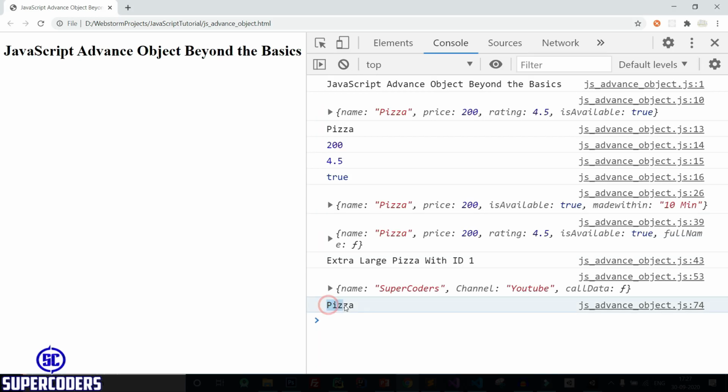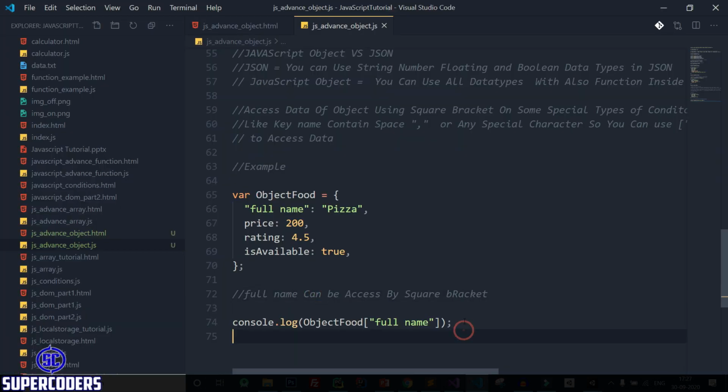You can see pizza is accessed using square bracket. Now let's work on the next example.